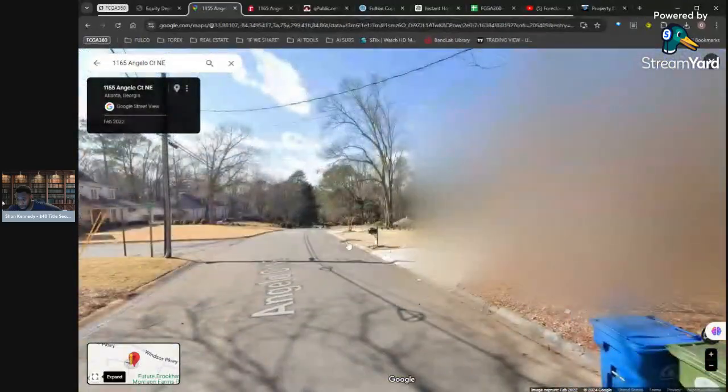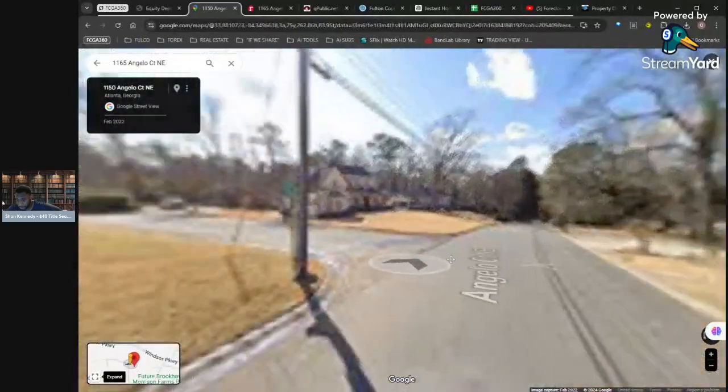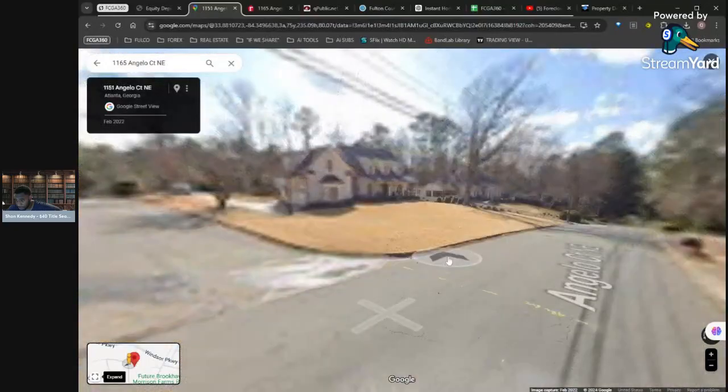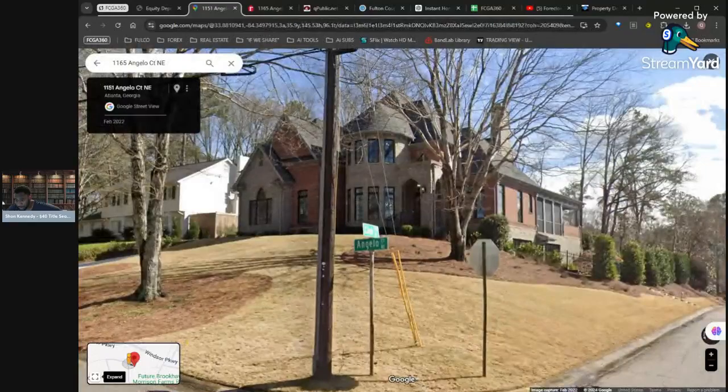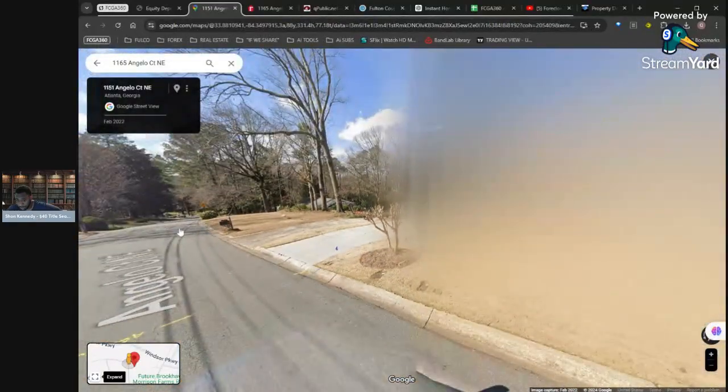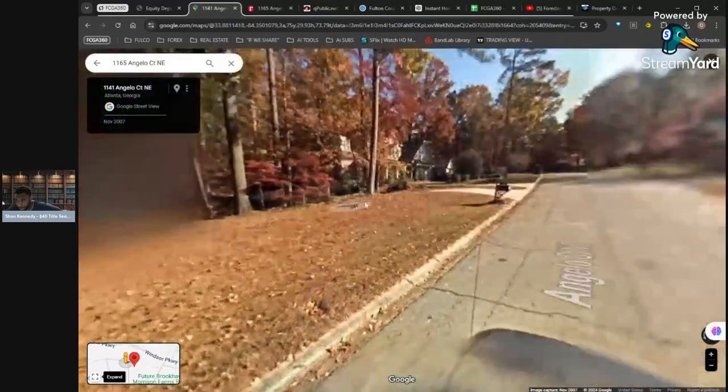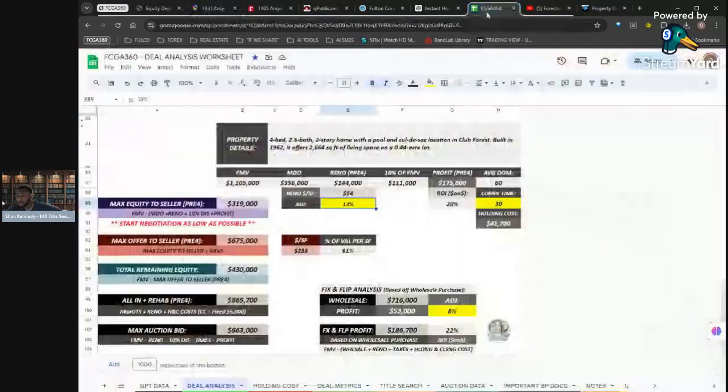Just go down the street for a second. See, it's really just this one that's all brick looking like a castle. And I wonder why they got this one blanked out. But anyway,